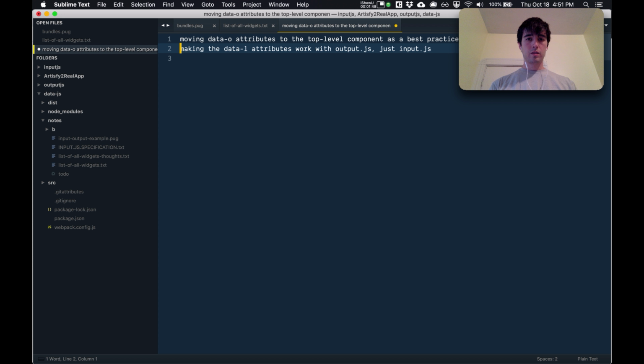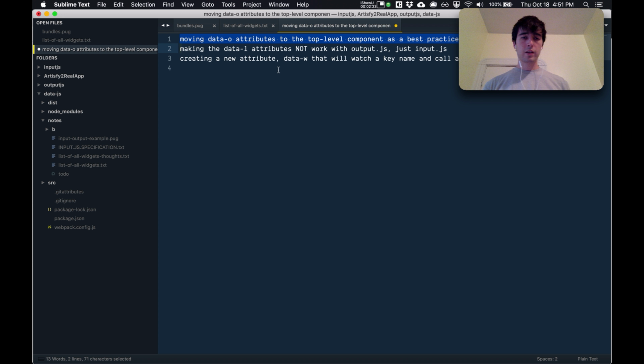And then the last thing I want to go over is creating a new attribute, data, I don't know, W, that will sync data with a key. That will watch a key name and call a custom function. Okay, so this first thing, moving the data O attributes to the top level component as a best practice,